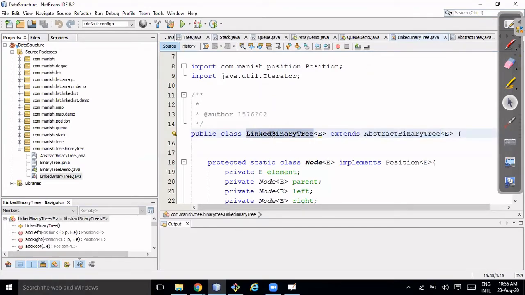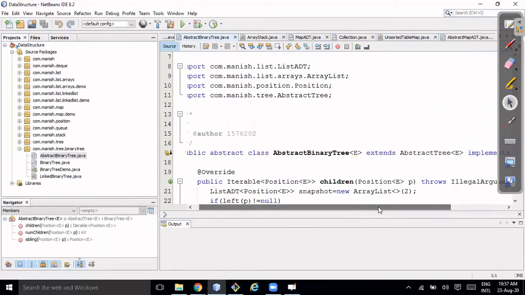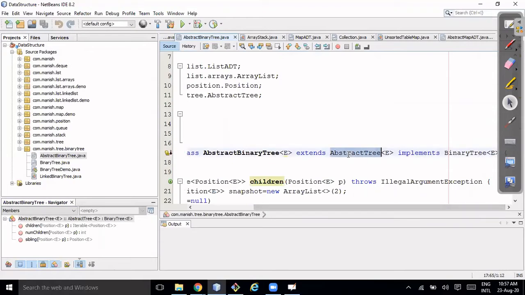So obviously this linked binary tree will be extending the abstract binary tree. If I go to the abstract binary tree, you see it is extending the abstract tree and implementing the binary tree.